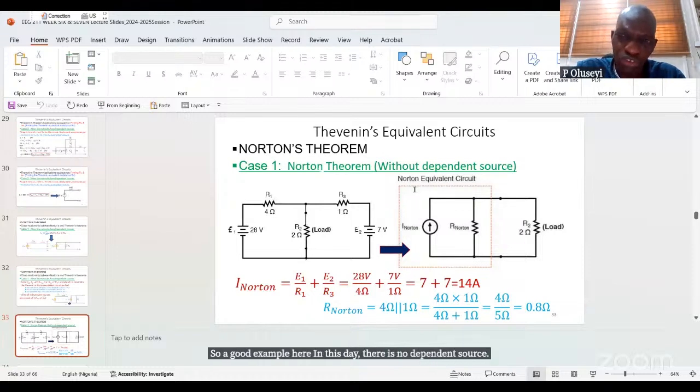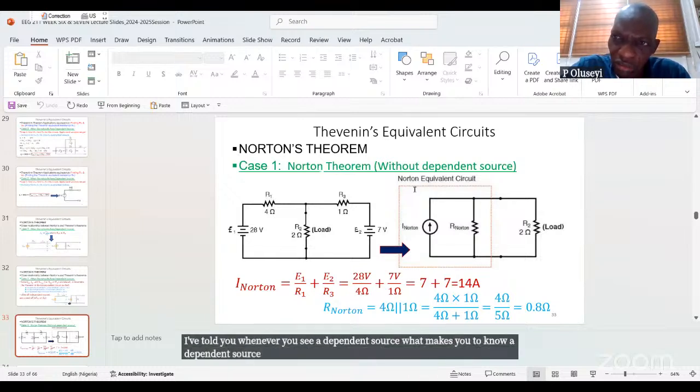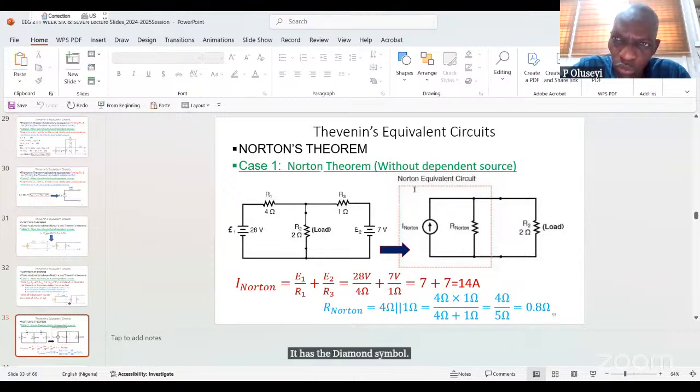I've told you, whenever you see a dependent source, what makes you know it is a dependent source is the fact that it has the diamond symbol. Once you see a diamond symbol, it is a dependent source. So if you look at this particular